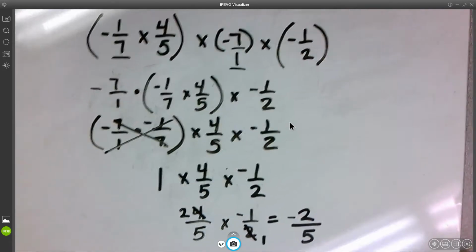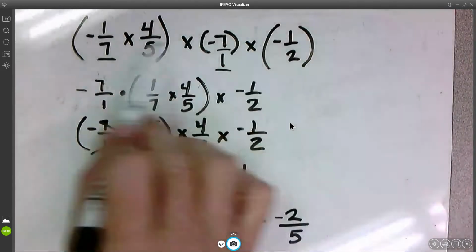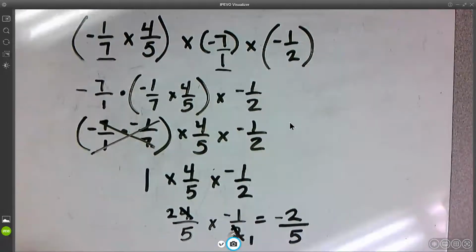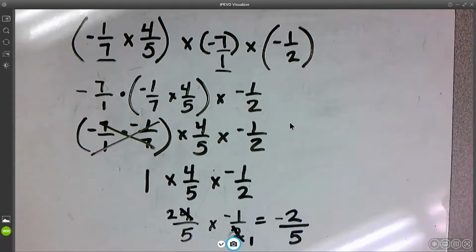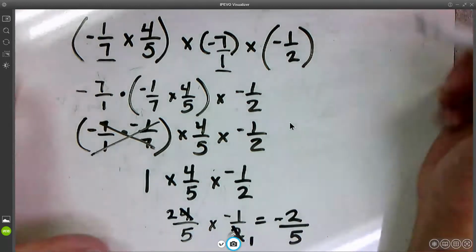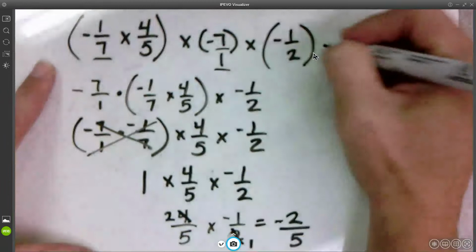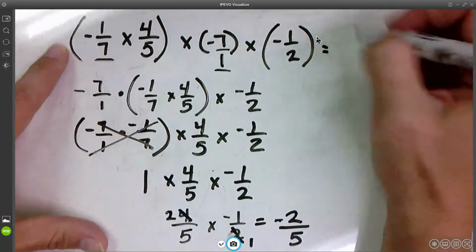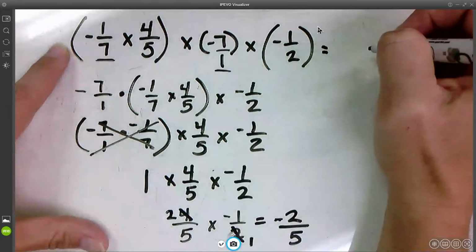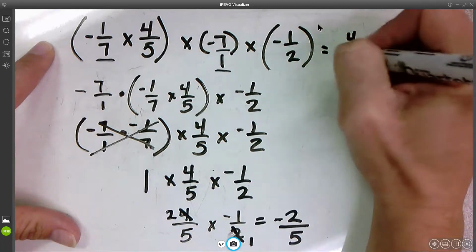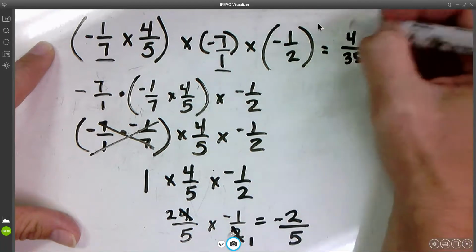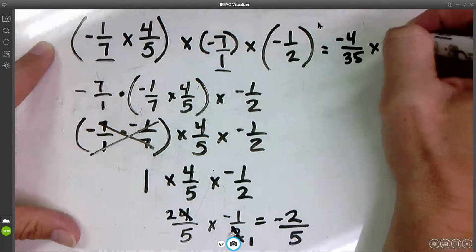Now, if I wanted to, I could just go ahead and follow my order of operations and multiply this first, rather than looking for the relationship here between the inverses. And I still would have gotten negative 2 over 5 if I followed my order of operations. So I just looked for that shortcut. But if you wanted to, and we pretend like this didn't happen here, I could just go ahead and do that negative 1/7th times 4/5. There's nothing to cancel out on the diagonal, so I end up with 1 times 4 is 4, 7 times 5 is 35, a negative times a positive is a negative, and then times negative 7 over